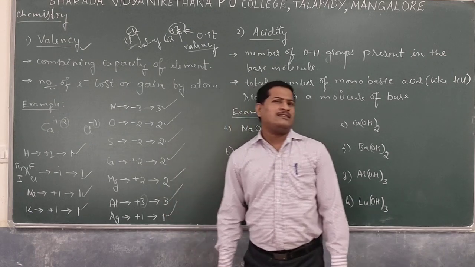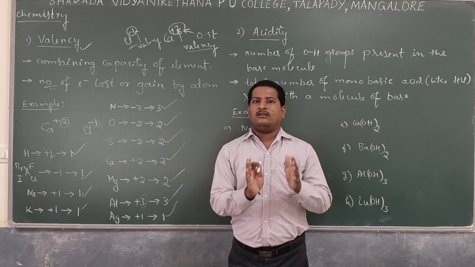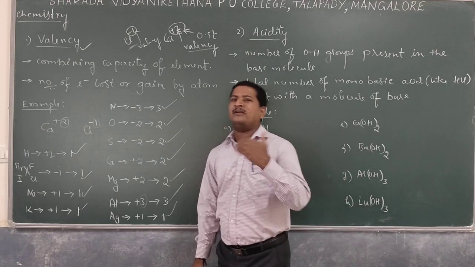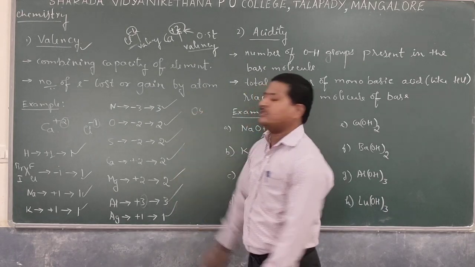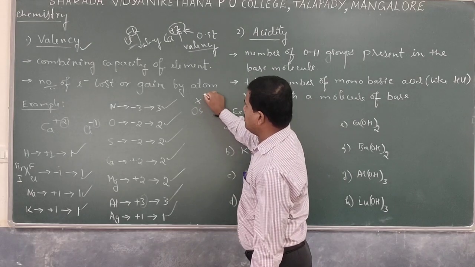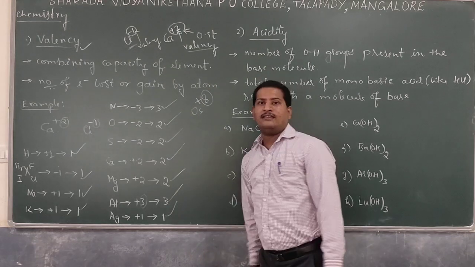So the maximum valency normally we can find is 8. But for almost all s block and p block elements, it shows a maximum of plus 3. But in our periodic table, osmium is one of the elements present. Osmium shows a higher oxidation state, maximum plus 8. There we find 8 is the valency.